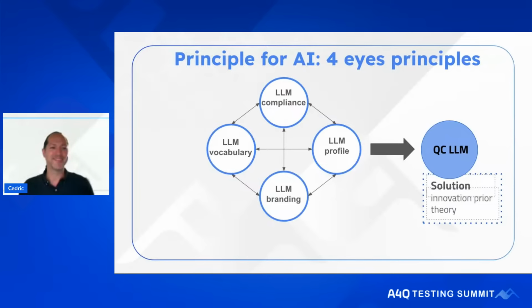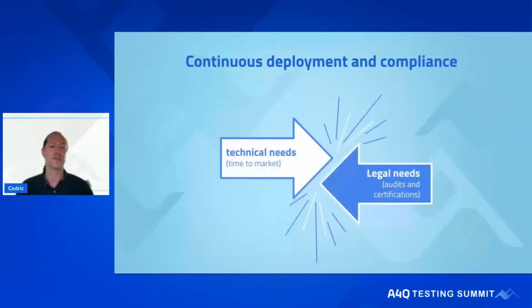So another example, if you're still alive, is continuous deployment versus compliance. Once more, and I'm pretty sure your context is almost the same, we have regulations, legal aspects that we need to take into account, whether it's reinsurance companies for banks, regulators for entertainment companies, or even the clients for some validation. I'm thinking here about the European Commission or some government organizations. You have validation steps, and these steps take time.